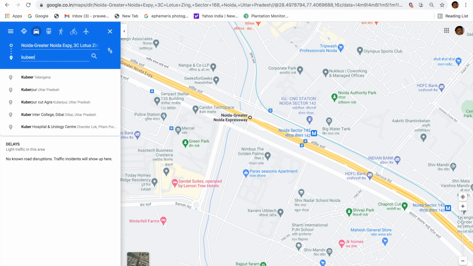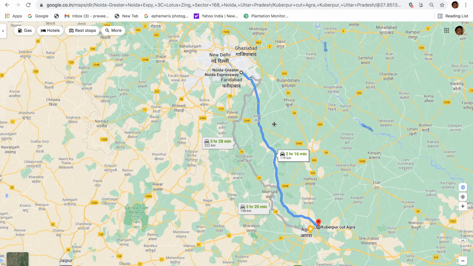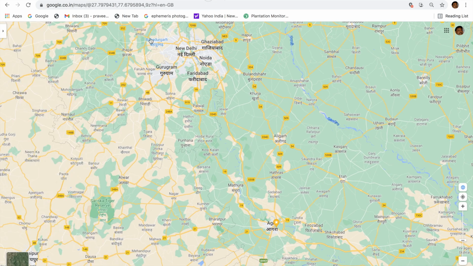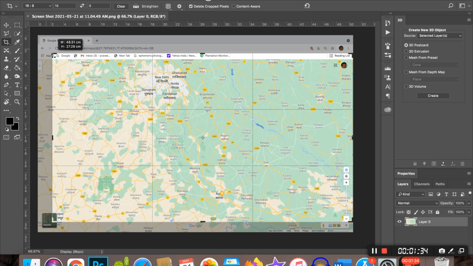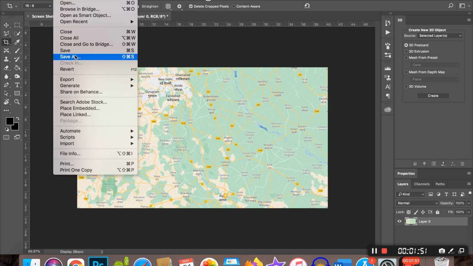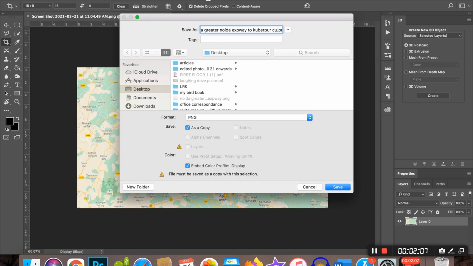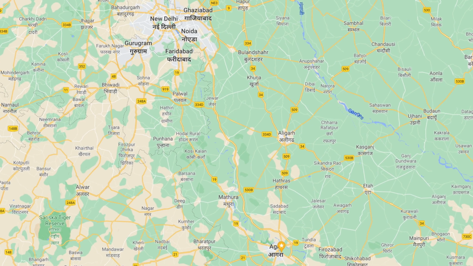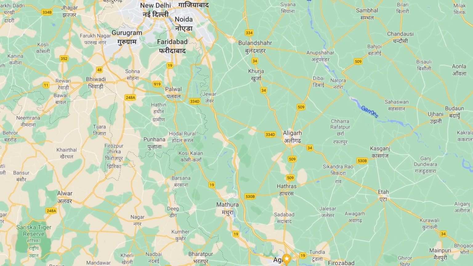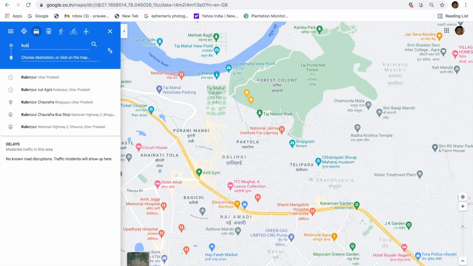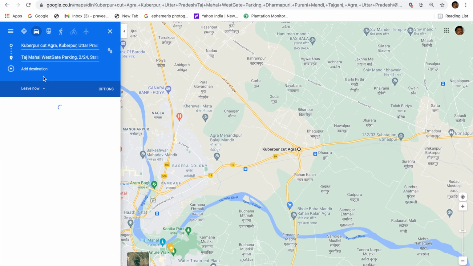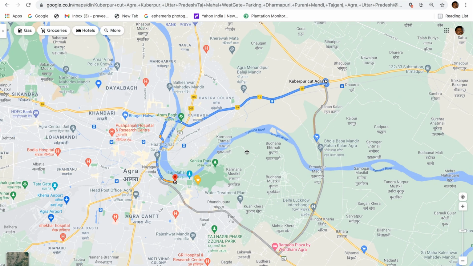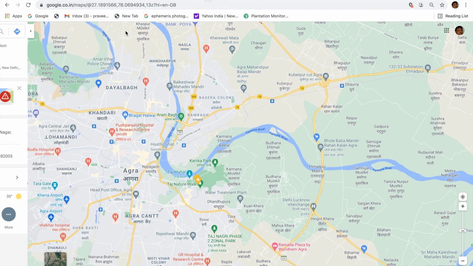And the second map which we are doing is the second part of it, which is from Noida, Greater Noida Expressway to Kuber Cut, which is the long route. Even in the third one, we are repeating the same from Kuber Cut, Agra to Taj Mahal West Gate parking.